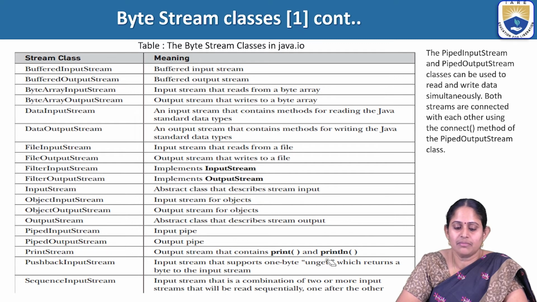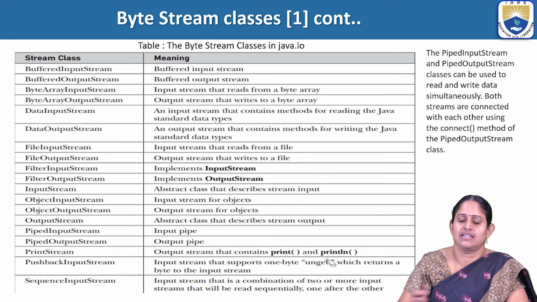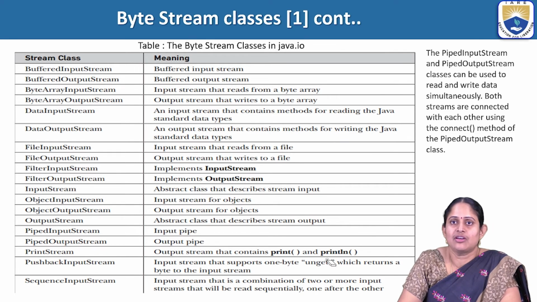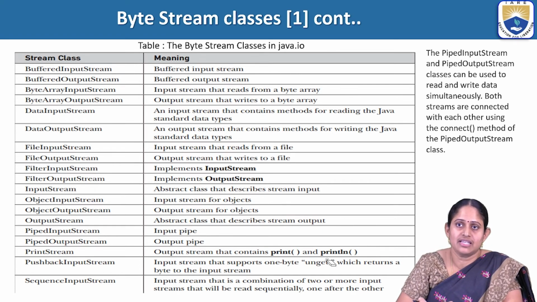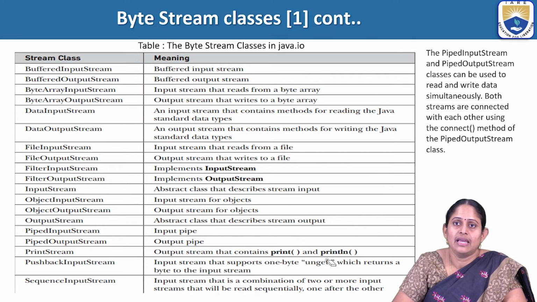The DataInputStream is an input stream that contains methods for reading the Java standard data types. The DataOutputStream is an output stream that contains methods for writing the Java standard data types. FileInputStream is the input stream that reads data from a file. FileOutputStream is the output stream that writes data into a file. FilterInputStream and FilterOutputStream deal with filtered input and output, which implement the InputStream and OutputStream. The InputStream is the topmost, which is an abstract class that describes the stream